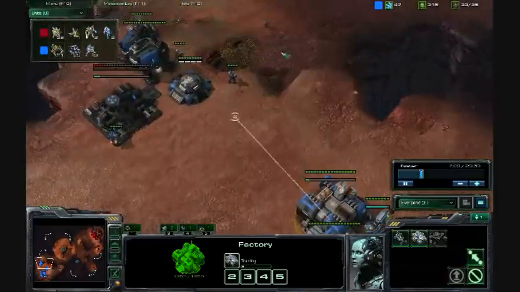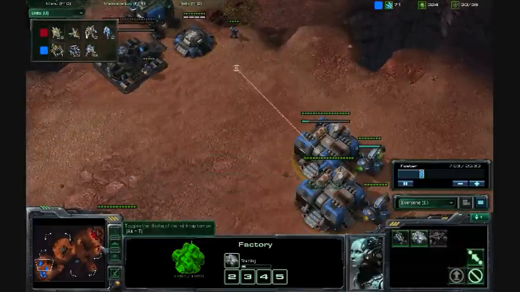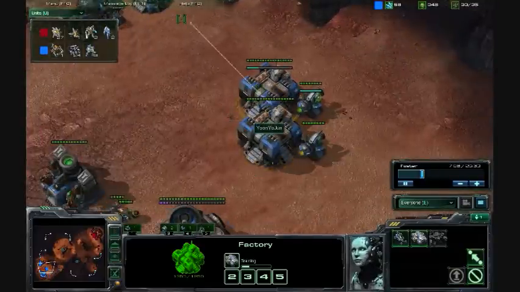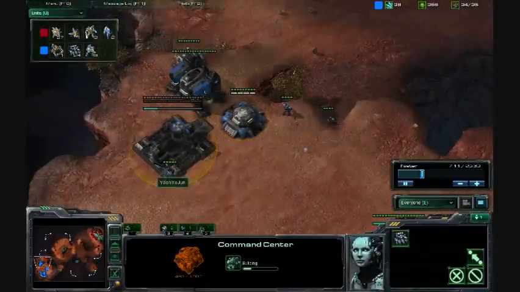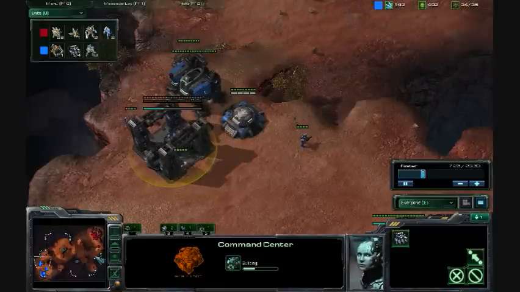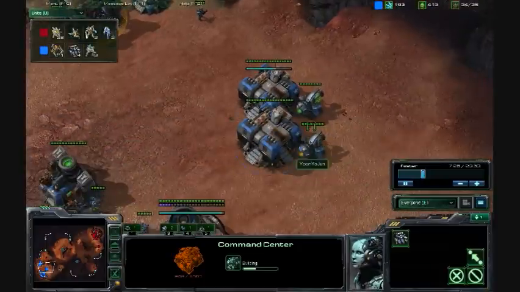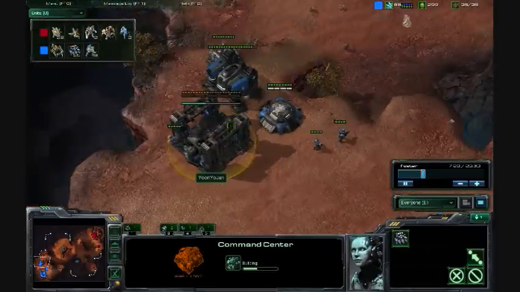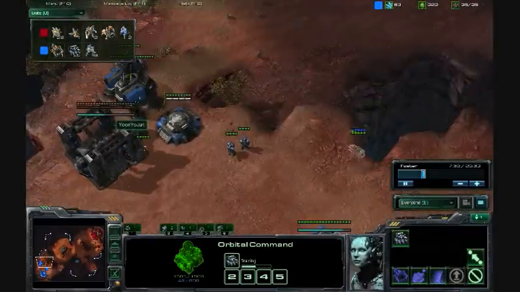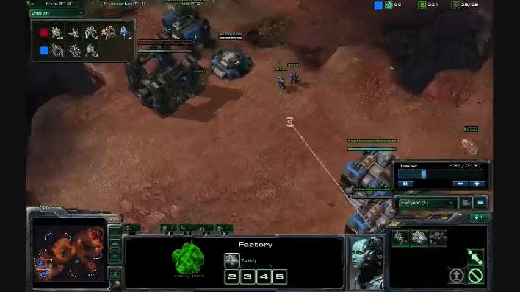Anyway, so he is pretty committed to his 2 factory tank build. We're gonna see how effective this is, because we didn't really see much full mech against Protoss. I mean, we see mech, but you kind of mix it up with Marauders and Marines. You hardly ever see just complete mech with little Rax units. As you can see here, he's only got like 1 Rax and 2 factories, and got the command